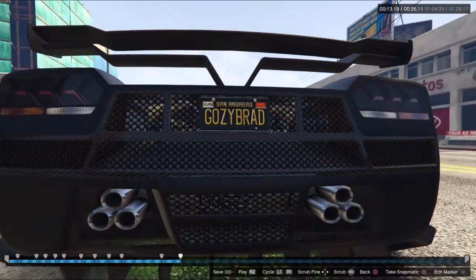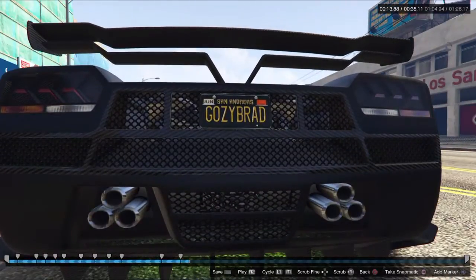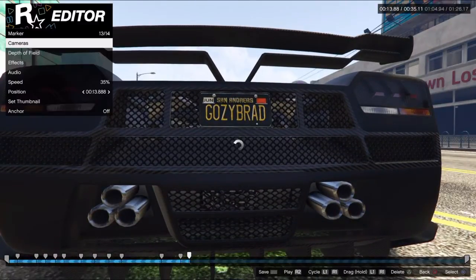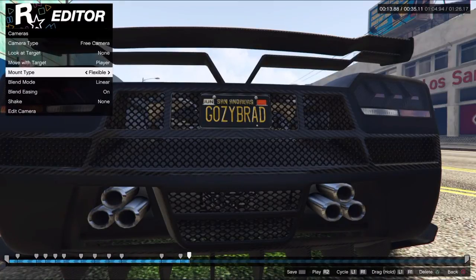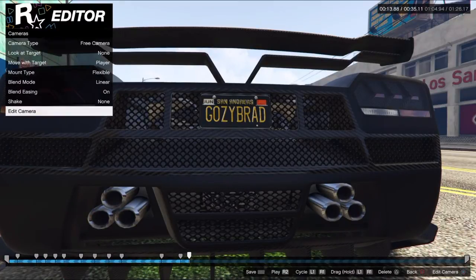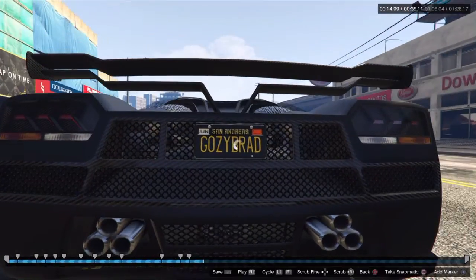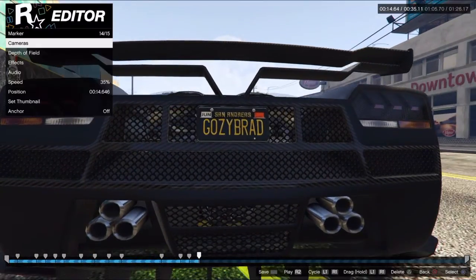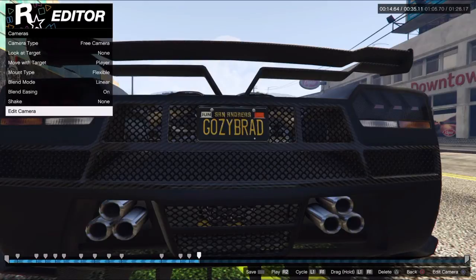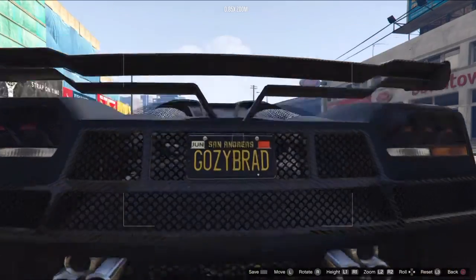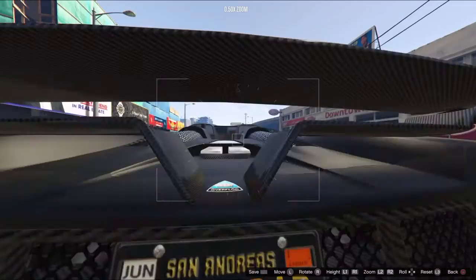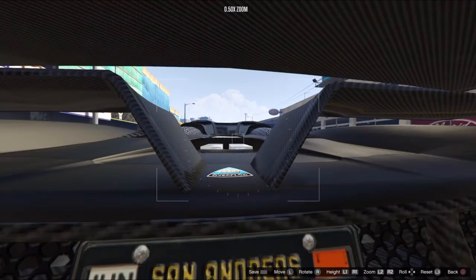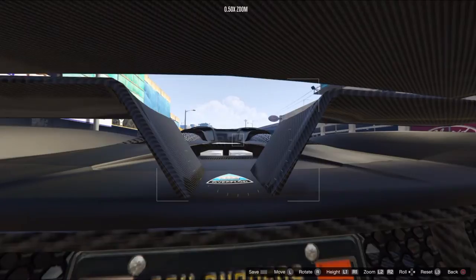So, you know, we'll do the same thing. We'll let it look at that number plate for a bit, make the marker, change that to linear, and then make another marker. I want this camera, like, make markers for where you want the camera to go. So I want the camera to go through this here, so I'll make a marker about here,